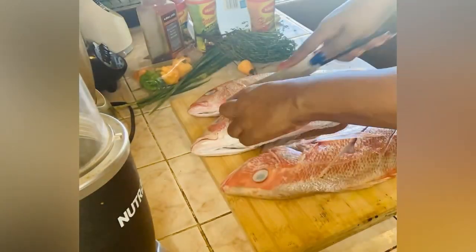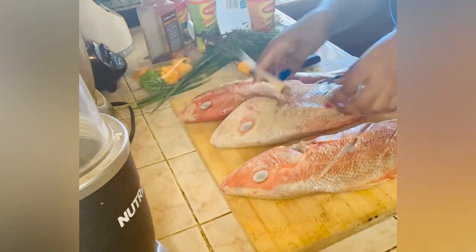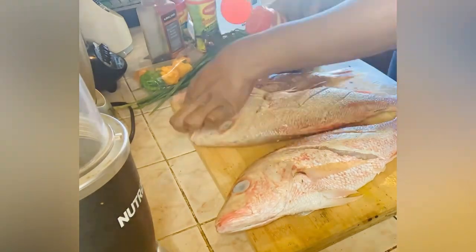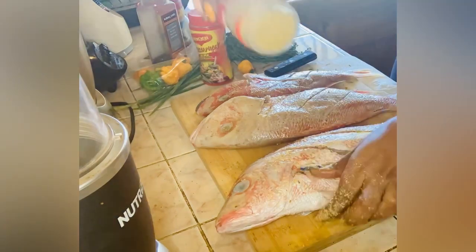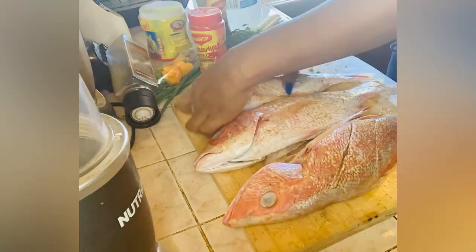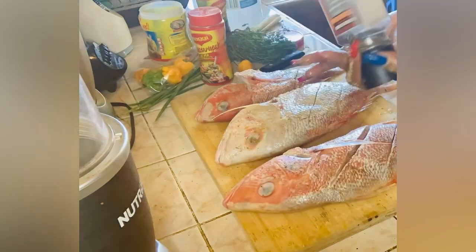So the first step is to wash your fish, and you can either use lime juice or you can use vinegar, which is what I did. This will help to just cut down the raw taste or also the raw smell. It helps a lot. So I have cut the sides of the fish, and I'm actually adding the seasoning into those sections, because what it does is it soaks the seasoning deep down into places that